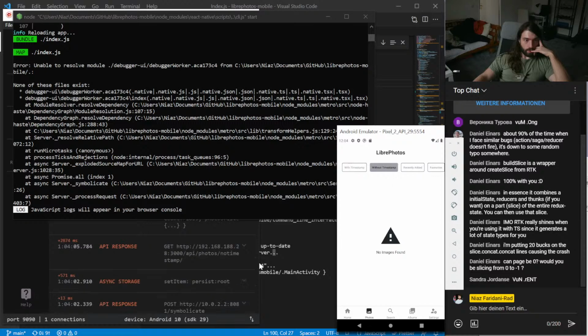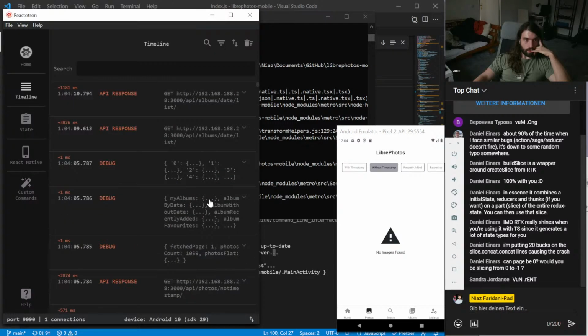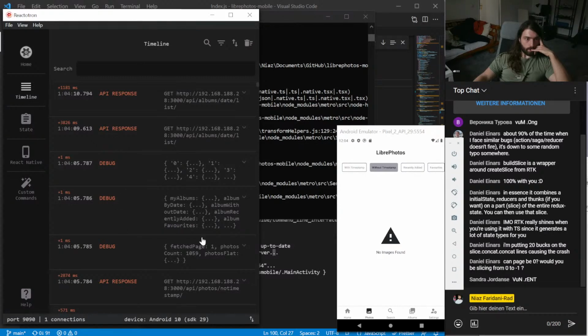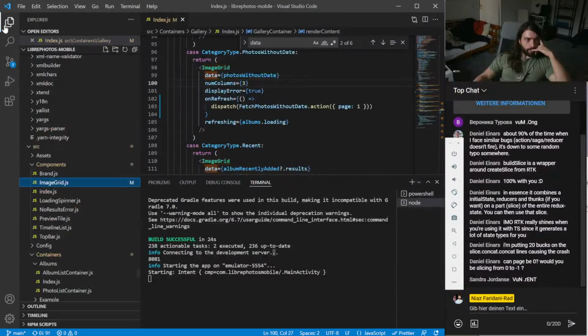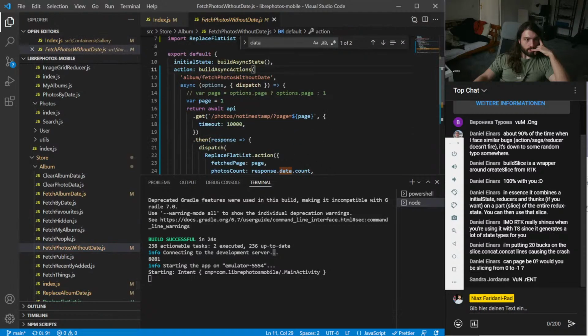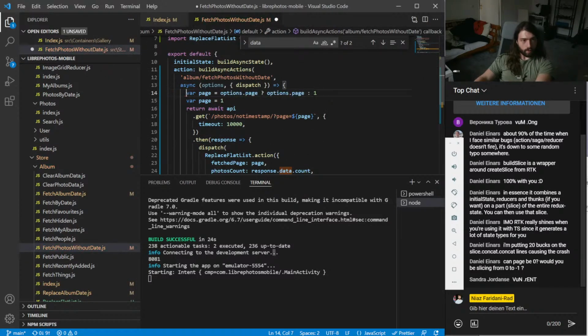If we click on here, and it's still empty. Okay. Right, so let's go to fetch photos without date. Let's try that again.